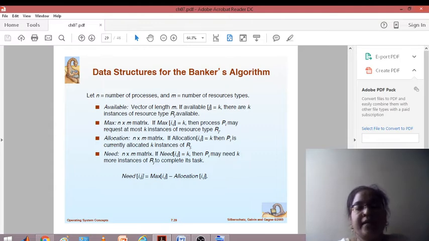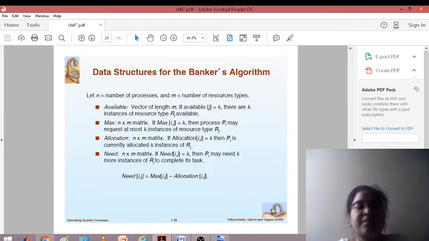Like that, Need is a matrix. Need[i][j] is equal to k means that Pi may need k more instances of resource Rj to complete its task. This Need can be obtained by Max minus Allocation of i, j.